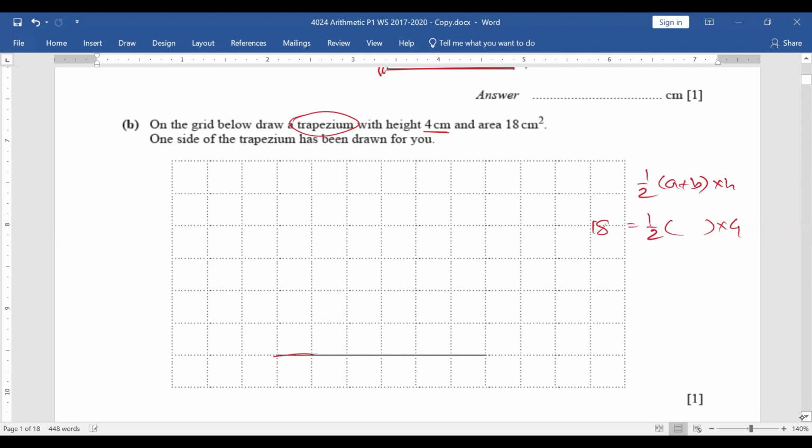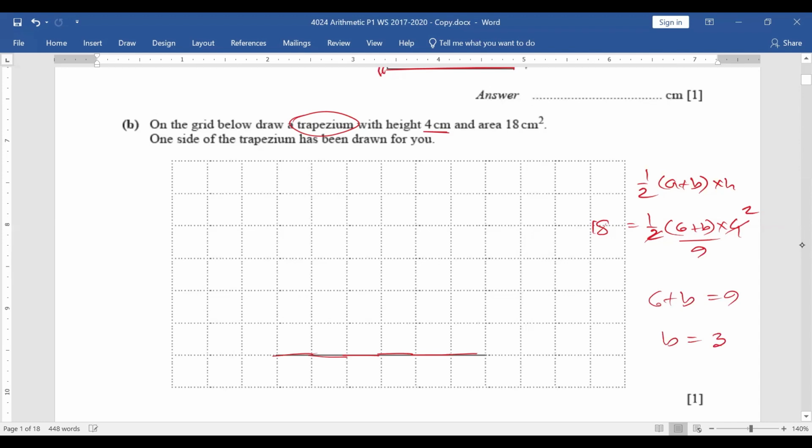One of the sides of the trapezium has been drawn for you. Let us count: 1, 2, 3, 4, 5, 6. That means we can consider a as 6. We just have to find the value of b. Half times 4 gives 2, so 2 times (6 plus b) should be 18. So 6 plus b equals 9. That means b equals